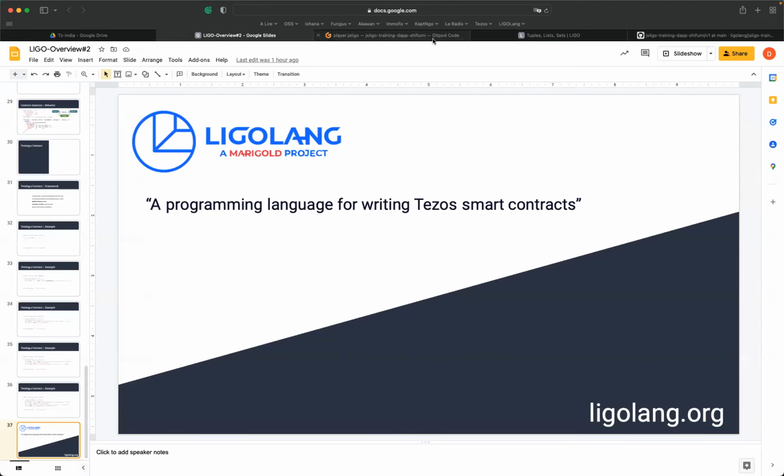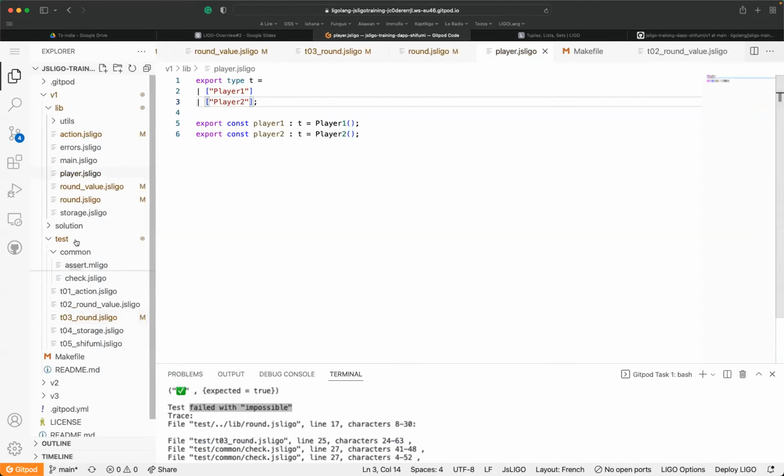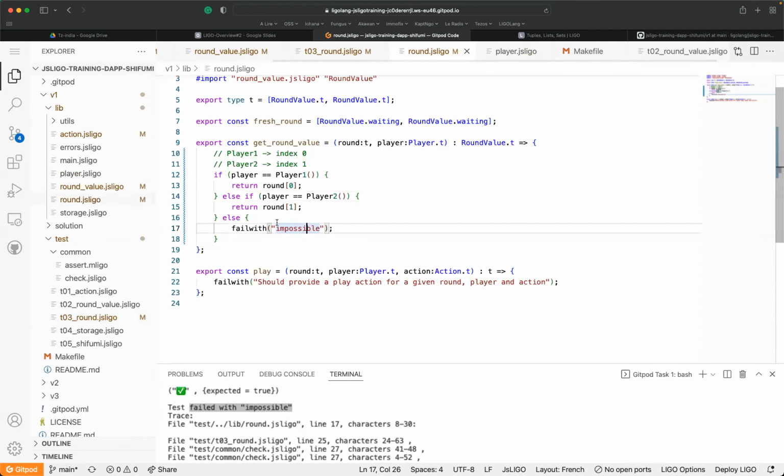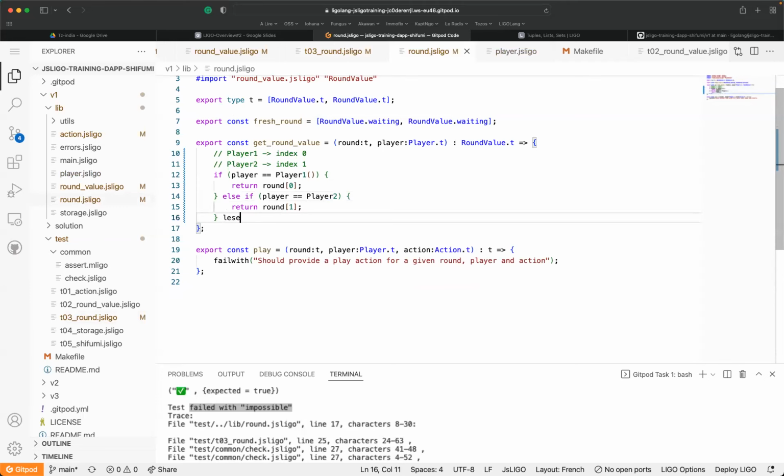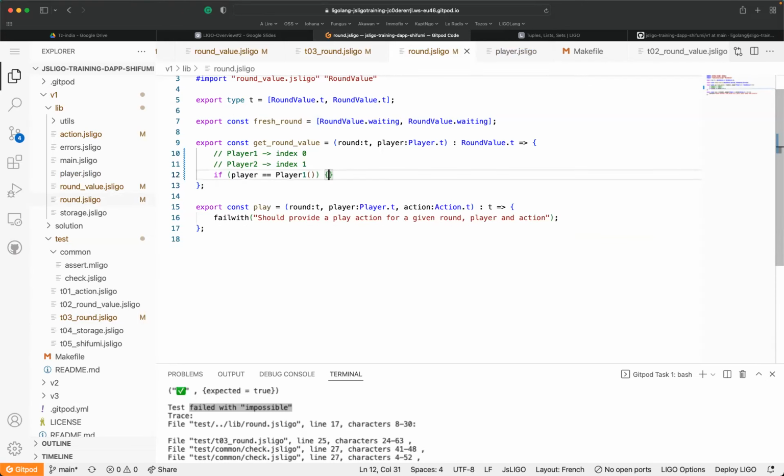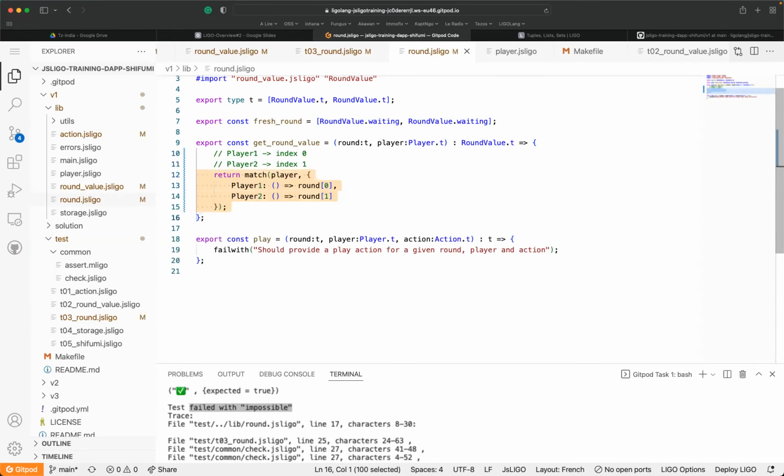No, sorry. So you must keep in mind that we should always use as much as possible the match operation once you deal with a variant type. This is really important if you want to improve and to have contracts which are really robust.